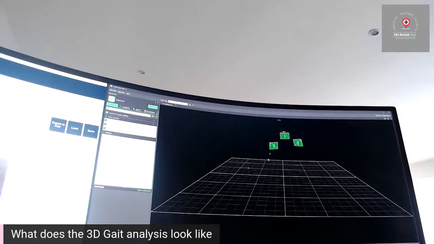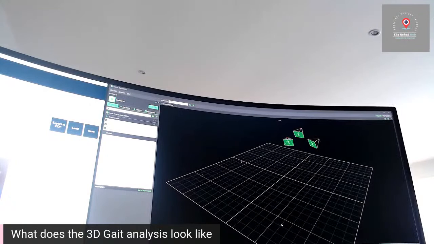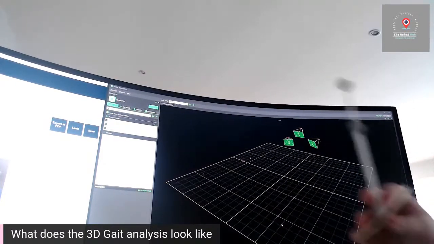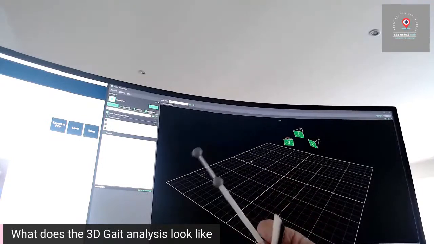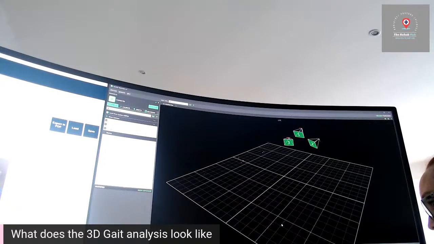You can see there's some little flickering going on there because I've got the lights on. Infrared does not like light. So we marker the patient's body up with lots of markers. So we use little joints. We have various different markers that we put all over the kind of angles of the particular patient. So if I show you, I'll just put this. This is one of the ones that we put on the SIS of the pelvis. So if you see me kind of waving this around, you might be able to see it flickering on that